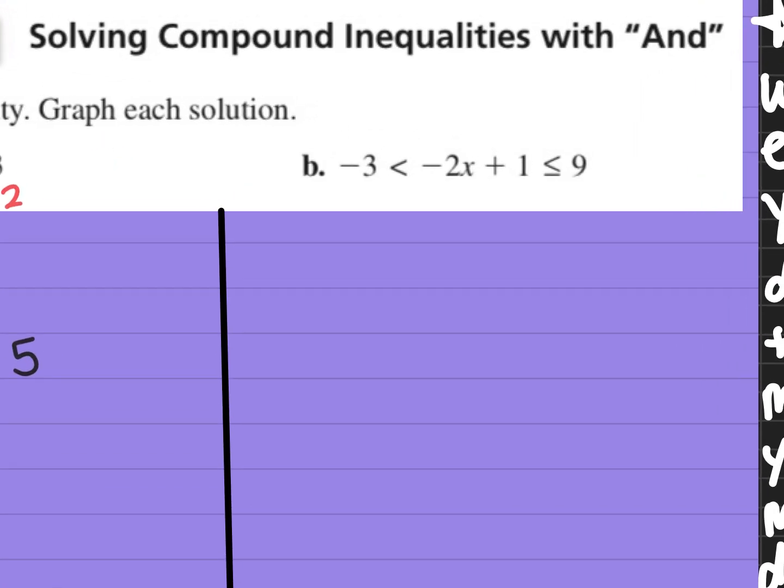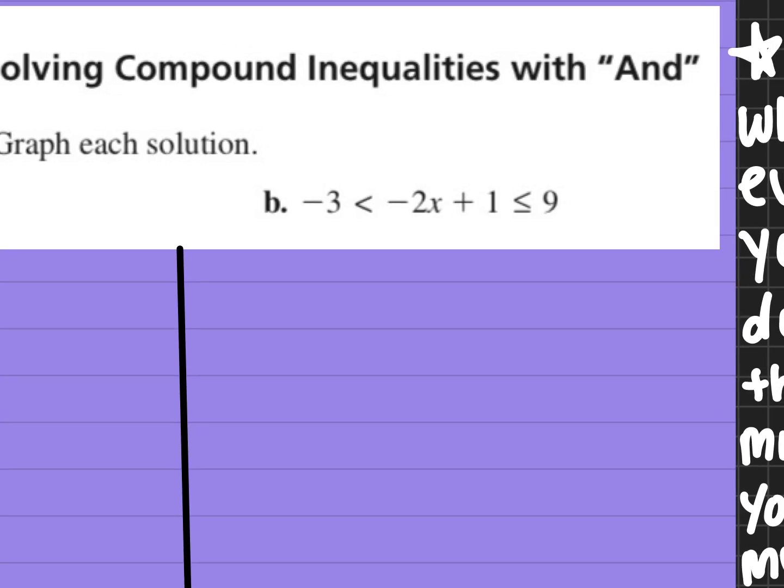Here you'll notice that there is two steps that you have to do to get X by itself. So the first thing I would do is subtract 1 on both sides. I get rid of addition before multiplication. So I subtract 1 from everywhere. -3 minus 1 is -4. Is less than, it still says -2x, the ones went away, is less than or equal to 9 minus 1,